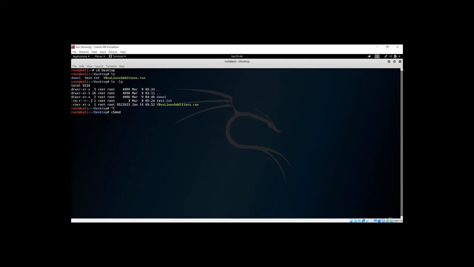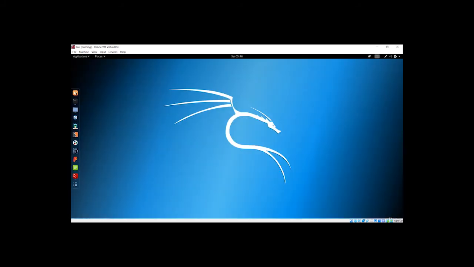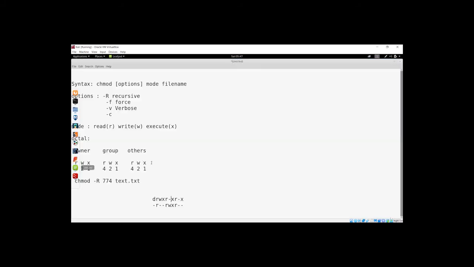I want to grab this permission, so let me copy this permission, and let's go back to here. Now I want to change this permission. So this is a file, so we cannot do anything for this part. The next one is this rwx. I want to change this rwx to numbers. If you see here, if you just pass 4 2 1, this is basically for read, write and execute.